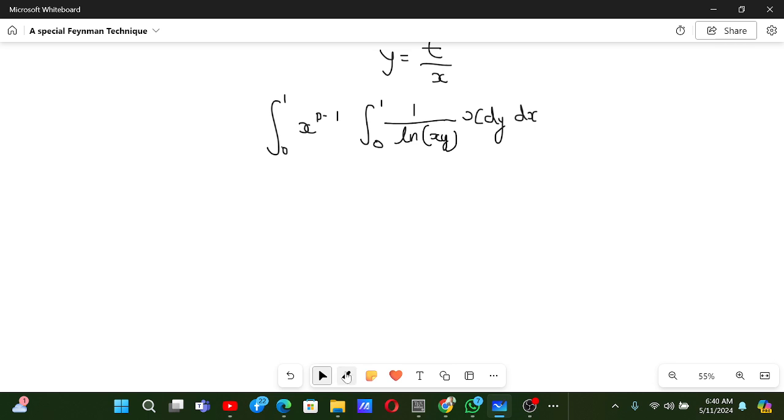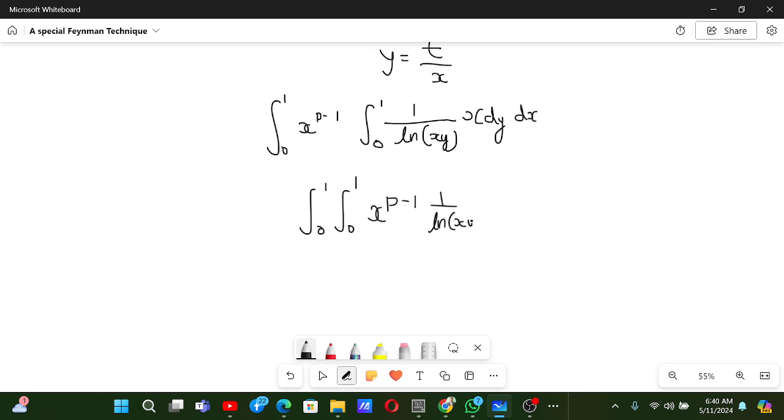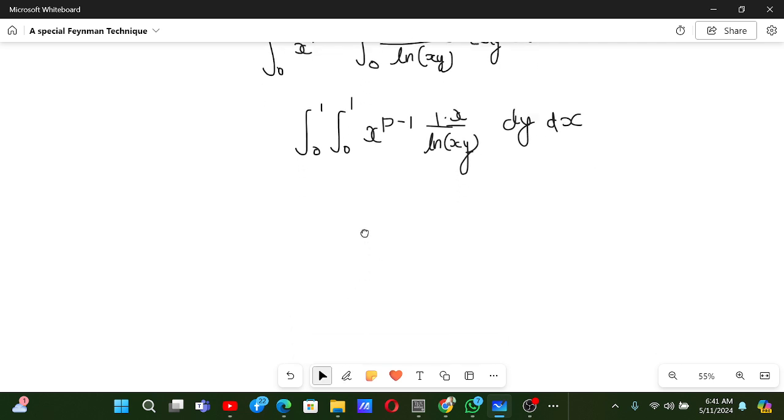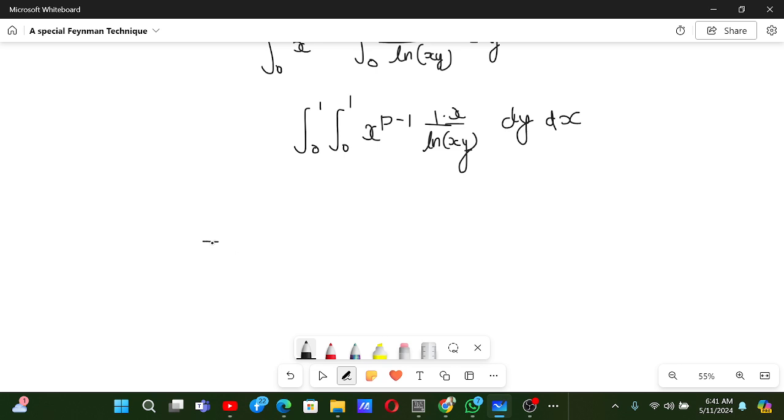Now let us make this a double integral from 0 to 1, integral from 0 to 1 of x^(p-1)/ln(xy). Even if we exchange the order of integration, it will still be the same difficult integral. Yeah, it wouldn't really simplify a lot. And there is an x over here, dy dx. So the only way we can remove this ln(xy) in the denominator is to introduce an exponential and then use Feynman's technique. Yeah, let's introduce I(t)